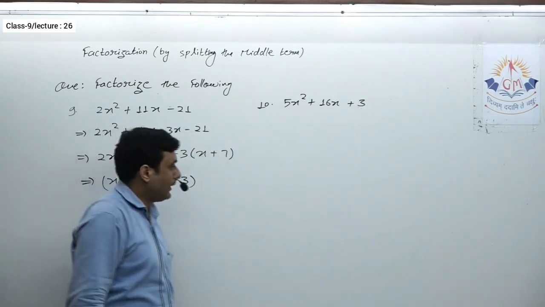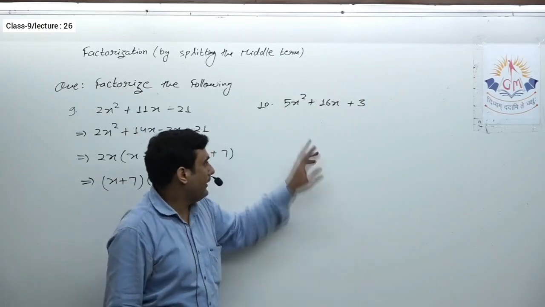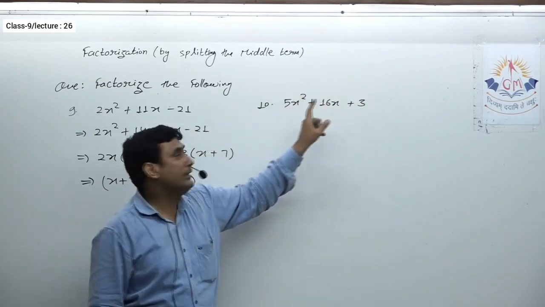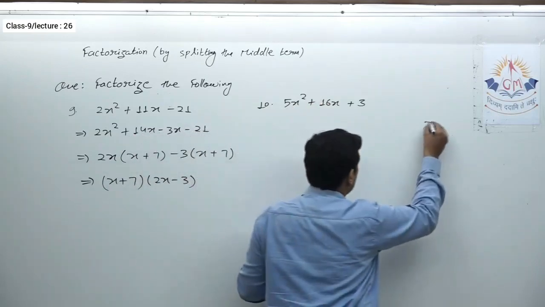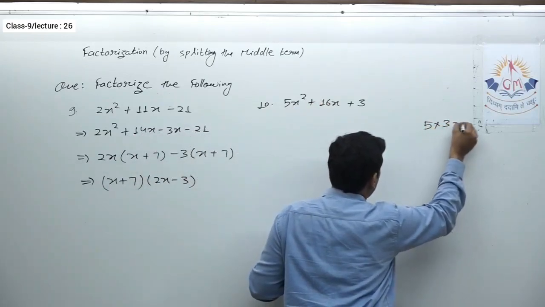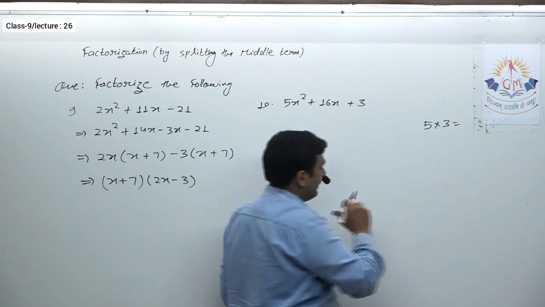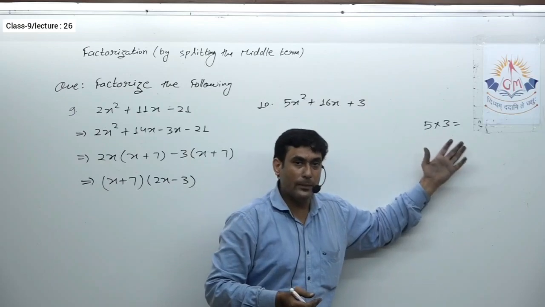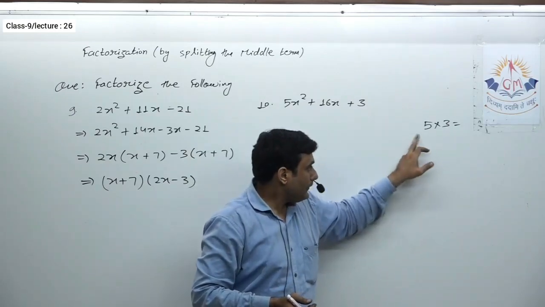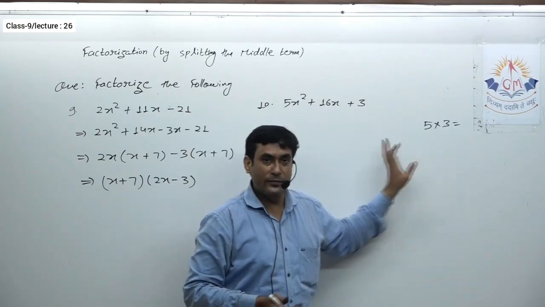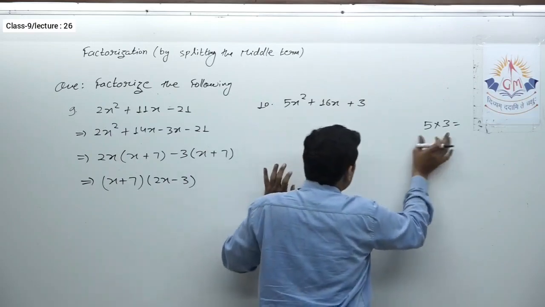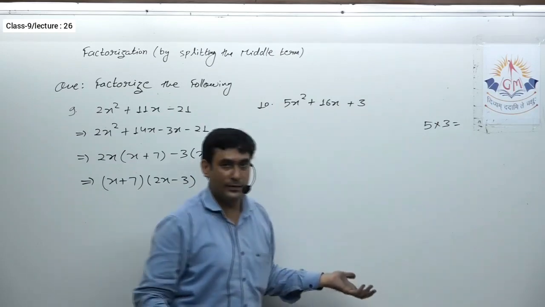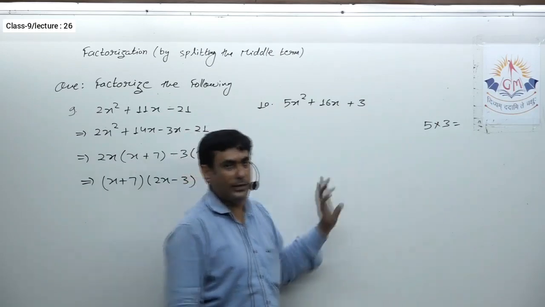Okay, so again two things are verified, that is, this is in standard form. First term is positive. Next we will find the factors of 5 multiplied by 3. If you multiply them, you will get 15. As I also told you, their numbers are very small, you can multiply, but even without multiplying we can find the factors of the product by finding the factors separately. Factors of 5 are 5 itself and 1, factors of 3 are 3 and 1 itself.